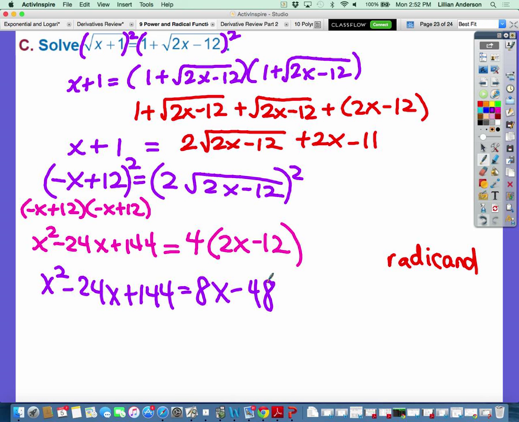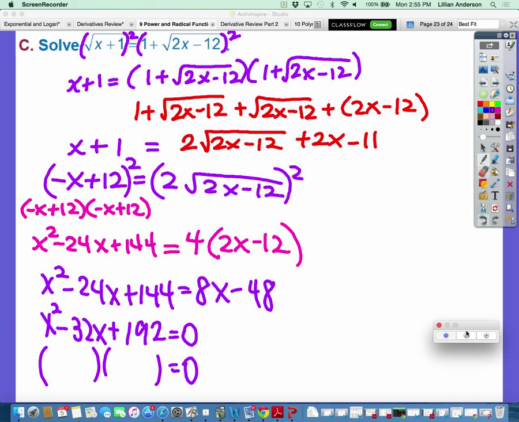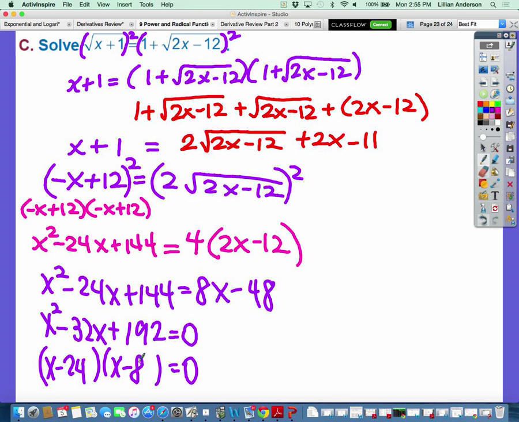And now we just have a quadratic that we solve. I'll give you guys a second to solve it out. This is factorable, but if the numbers are too big for you, you could always use the quadratic formula. Either one, you can still get the same answer here. However, there are 2 numbers that multiply to give you 192 that add together to give you a negative 32, and they are negative 24 and negative 8. So when I use my zero product property and set both of them equal to 0, I end up with the solutions x equals 24 and x equals 8, but I need to check both of them by plugging them into the